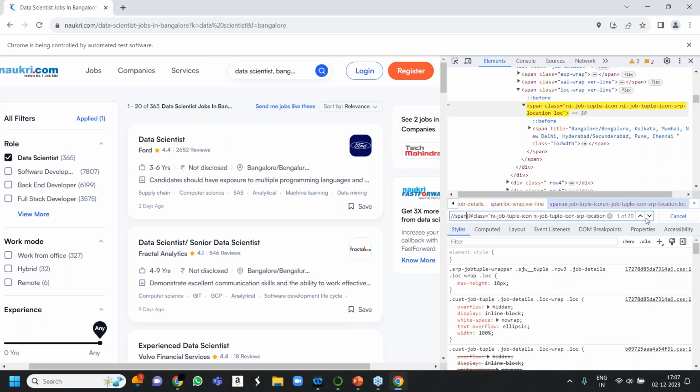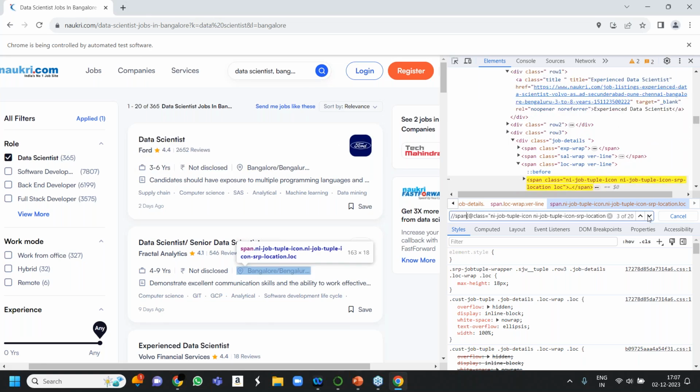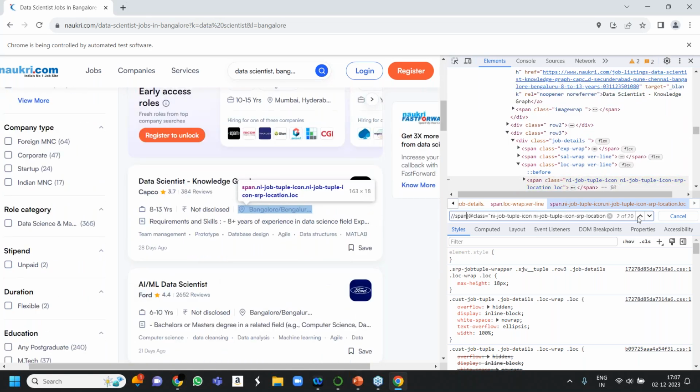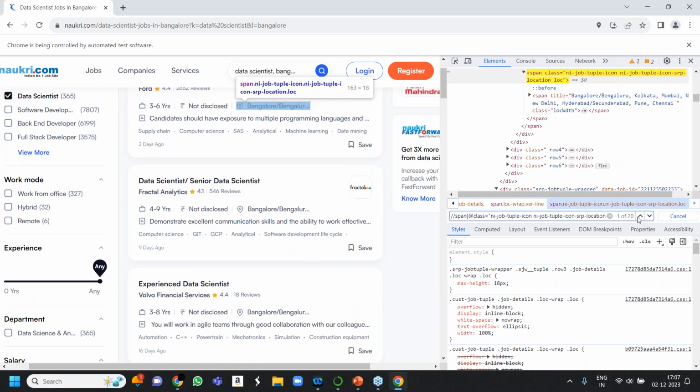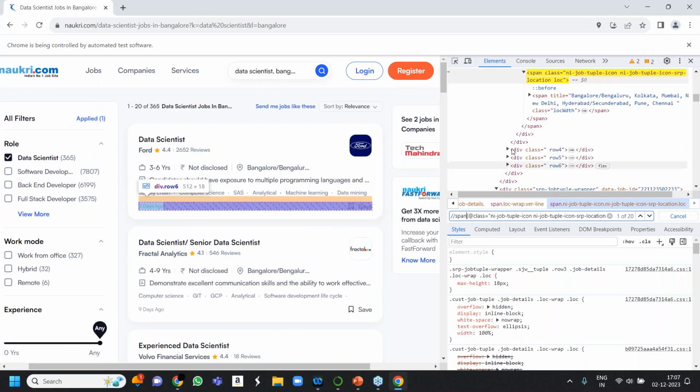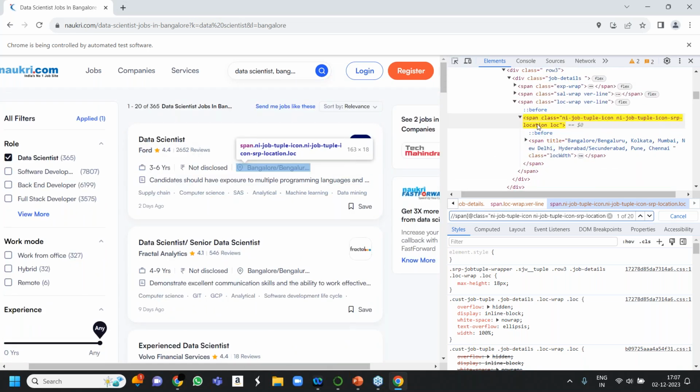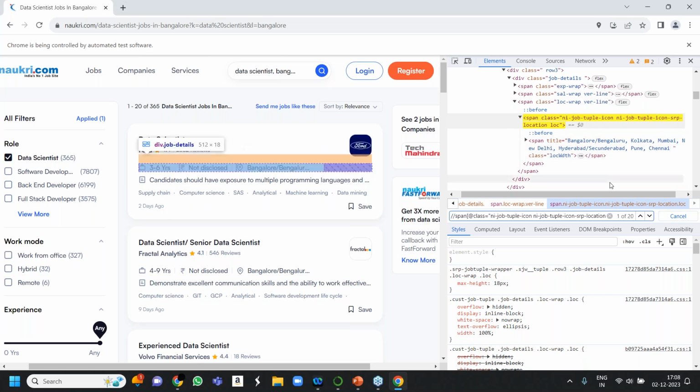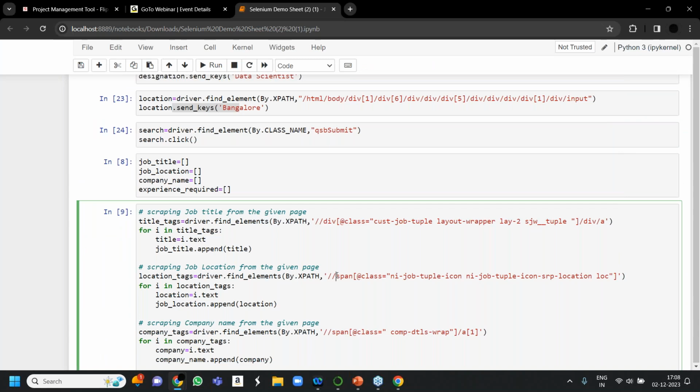As you can see, it is giving me 20 results. I hope you get my point. Sometimes the parent class gives the exact same result, but this did not have any class name. Okay, so copy paste this.